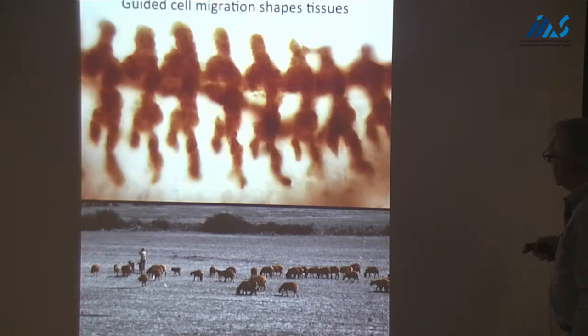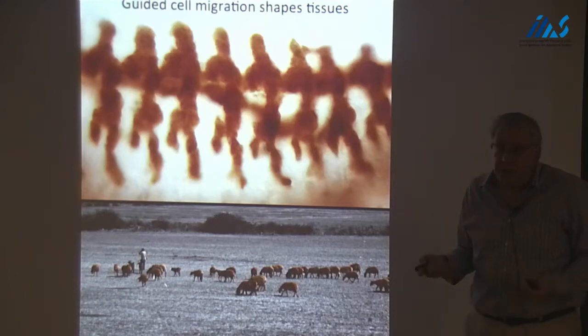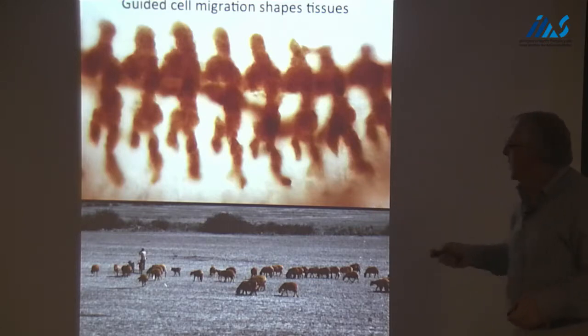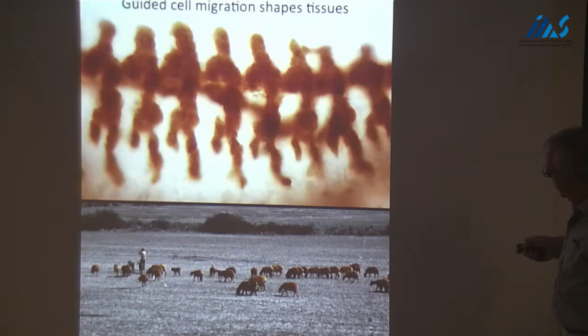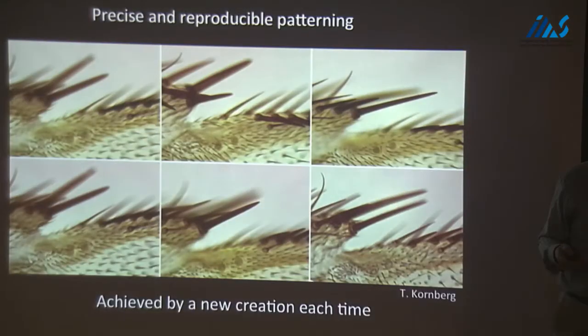These cells are the cells that will give rise to the breathing apparatus of the insect. So it's essentially an interconnected network of tubes that arises from patches of cells in the embryo, and these cells are now migrating in a stereotypic way, and essentially every edge here is following instructions from the neighboring tissue, very much like the sheep are following the shepherd, and these instructions essentially lead them to migrate in a particular direction and produce this elaborate structure. So execution of pattern is an important aspect, and in the end,